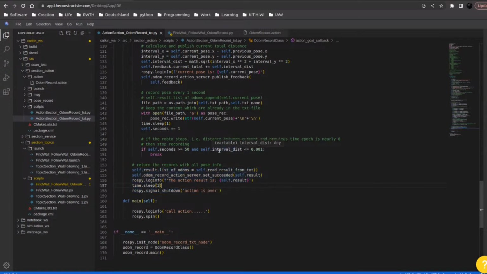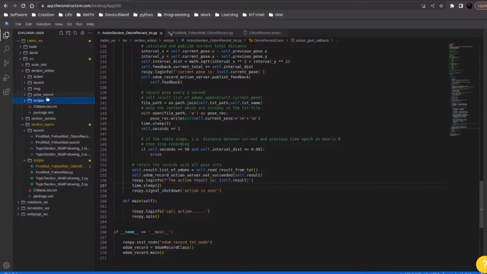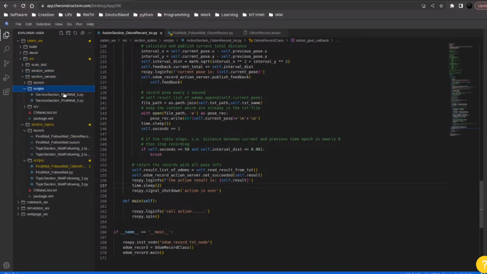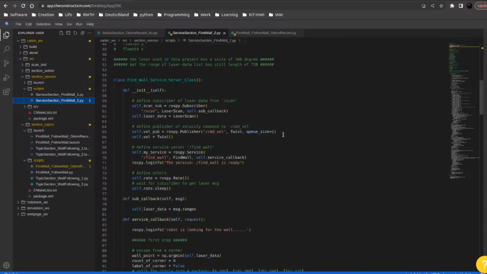This is the action server. And the second part is another customized service for looking for wall. Before we make the robot follow the wall, we have to firstly find the wall. This is a similar process